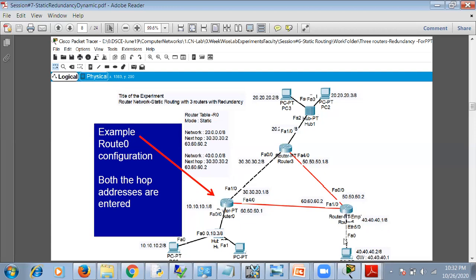Suppose you want to reach LAN 40 or the network 40. To reach network 40, what is the next hop? The next hop is router 2. So either you can use this second way, that is the 30 network link, or you can use the 60 network link. Okay, so there are two paths that need to be added. So we'll see this example of how to add two addresses.